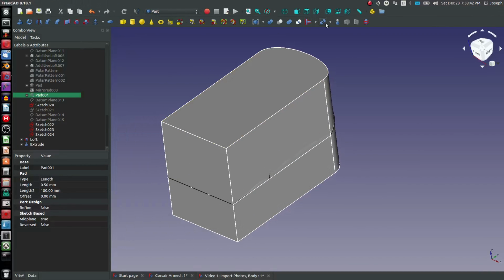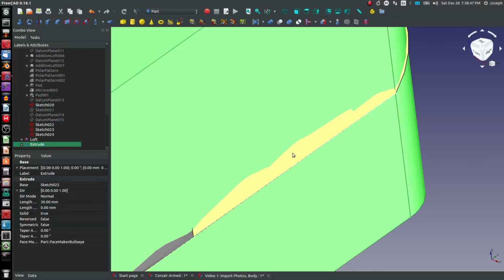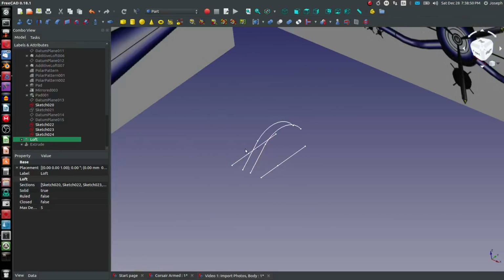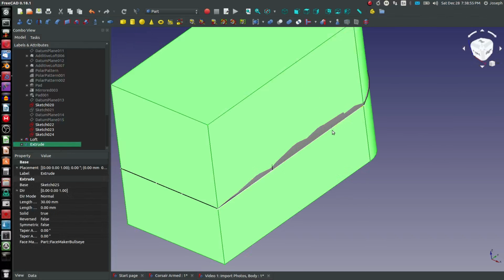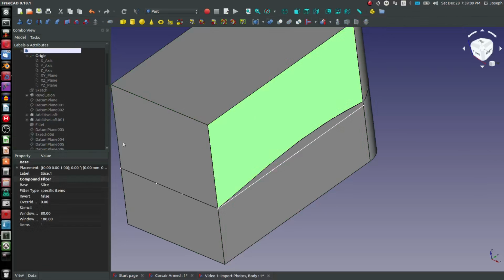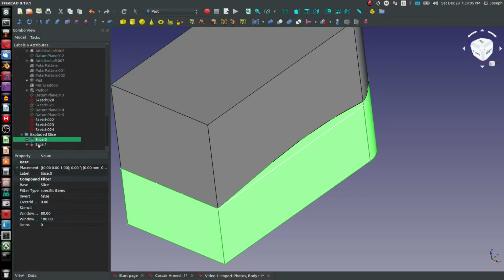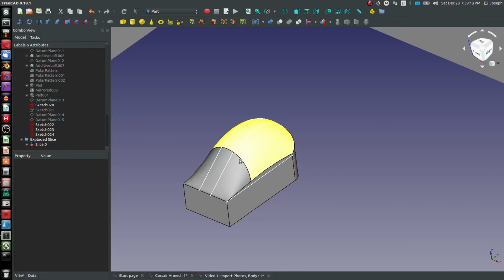And with the part, I can choose slice apart. Oh, but of course I have to choose my things first. I want to choose this body to be sliced with this tool, and we click slice apart. From here, we're given the two slices that are surfaces cut in the history tree. I'm going to delete one, and the surface is consumed. So that is now our canopy, and I can choose